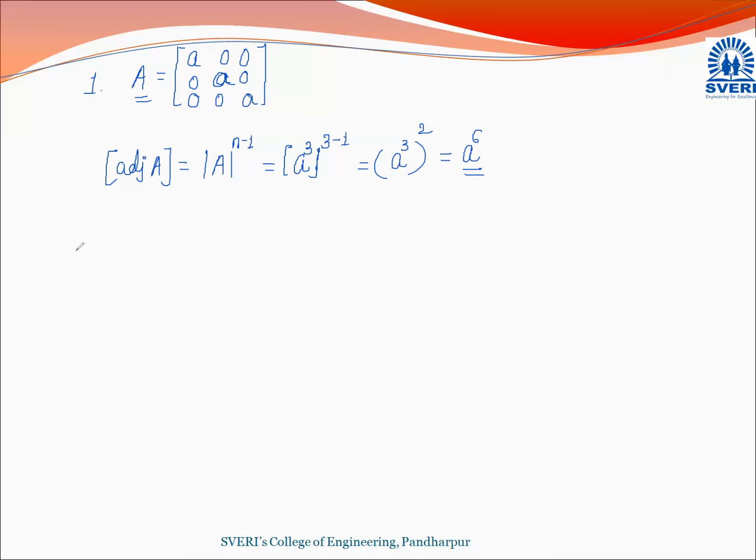Then after that, I'm taking the next one, A into adjoint of A. Find out A into adjoint of A, which is equal to, suppose we have that matrix with elements 20, 0, 0, 20. This question was asked in an earlier paper. So here, A into adjoint of A. I am taking that 20 as a common term. In bracket, we have 1, 0, 0, 1, which is equal to, as we know by property, A into adjoint of A is equal to determinant of A into I.